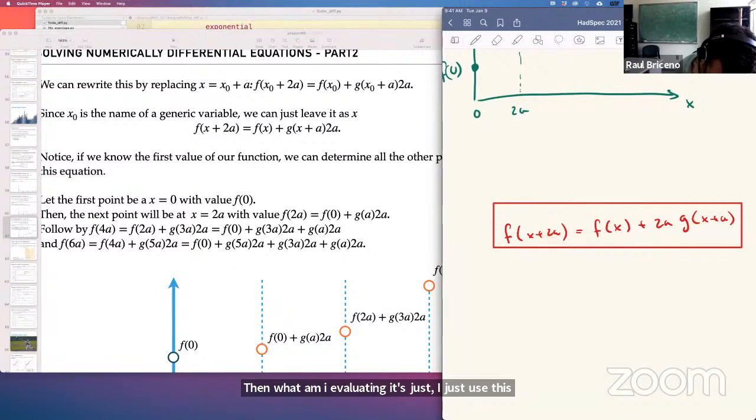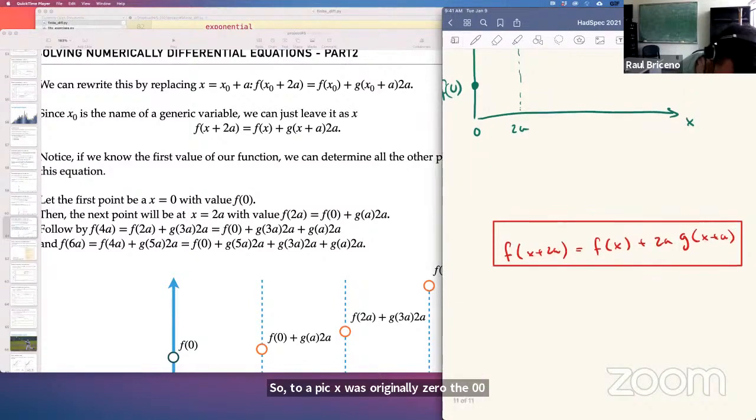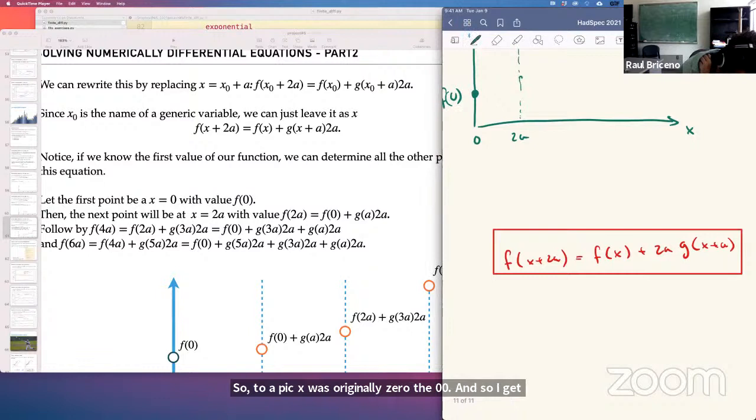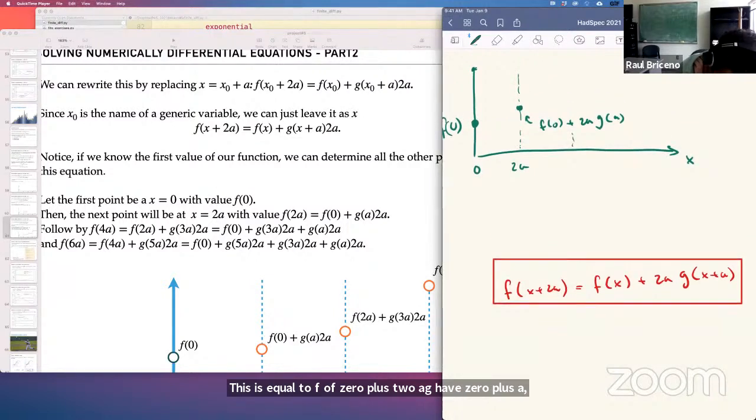So at 2a, I pick x was originally 0, this is 0, this is 0. And so I get that this point is now equal to f of 0 plus 2a g of 0 plus a, also known as just g, right? And so then at some later point, I just apply this equation again, right? And then the next point here is going to be determined from the previous point, right? So all I have to apply this shift